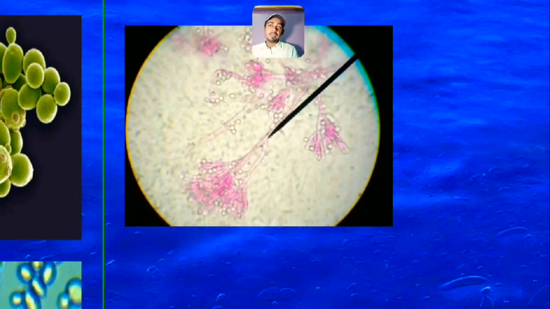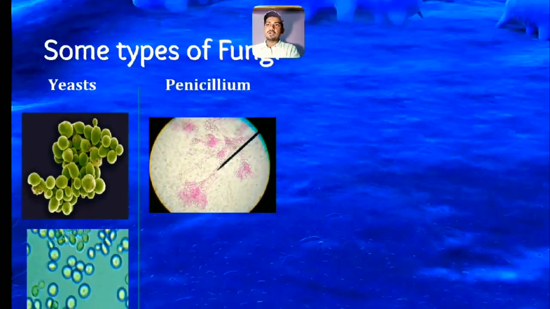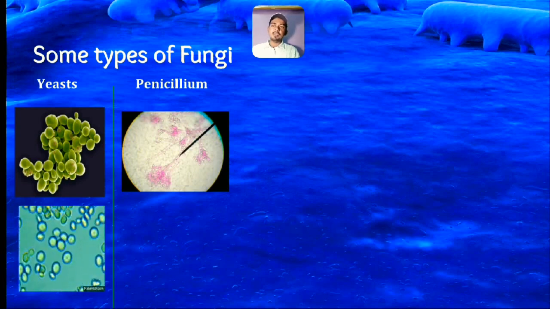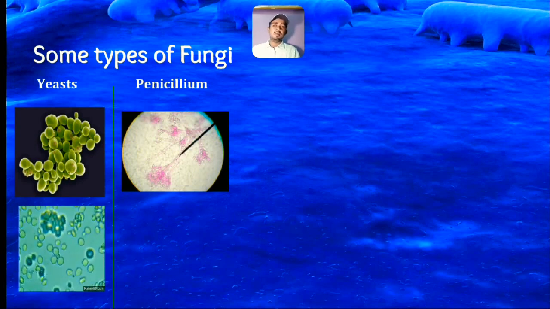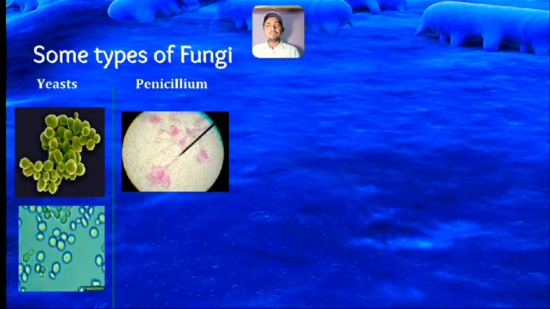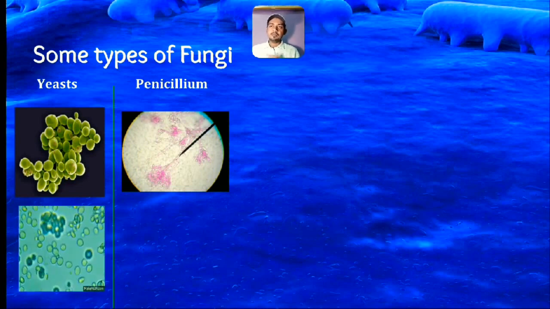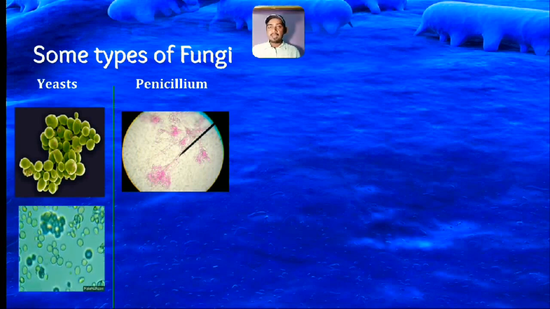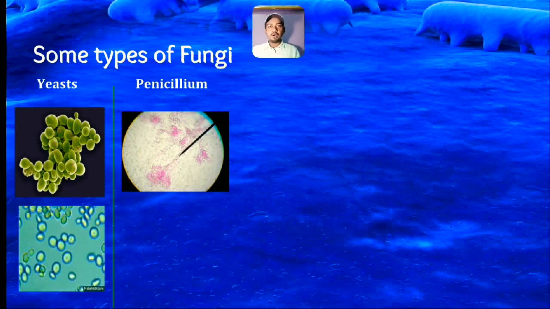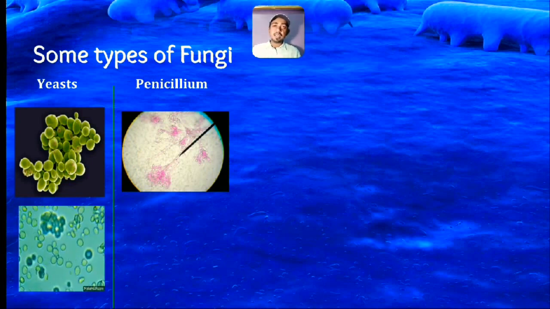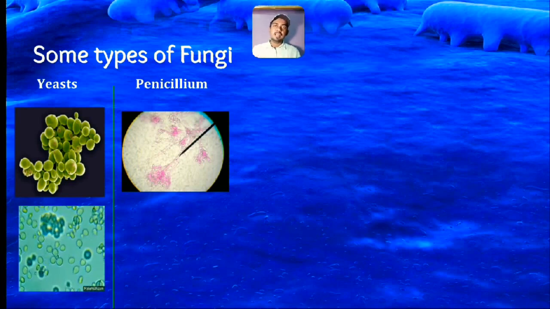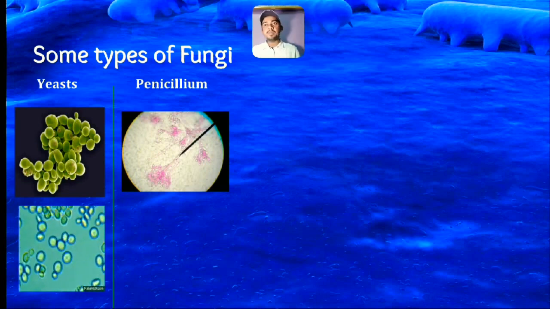When we have this opportunity, I can't show every type of electron and microscopic image in the classroom every time. It will be very tough there. But here it is very easy. That's why I'm sharing all these things with you. Somewhere we are lacking, since we are not in a classroom, so somewhere we must take the benefits of this technology. That's why I shared as many images and gifs as possible with you. So this is penicillium.